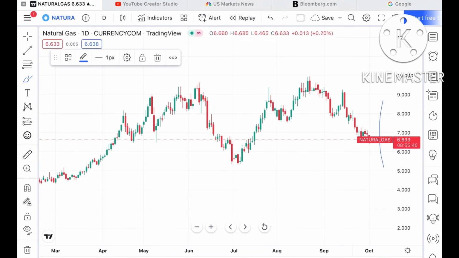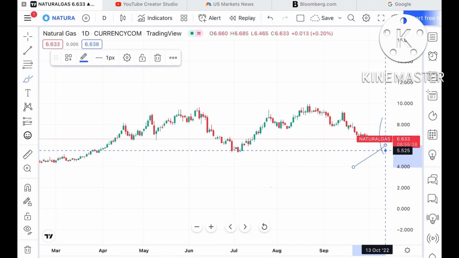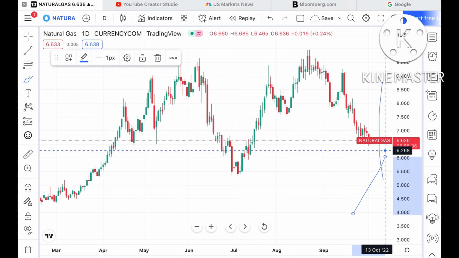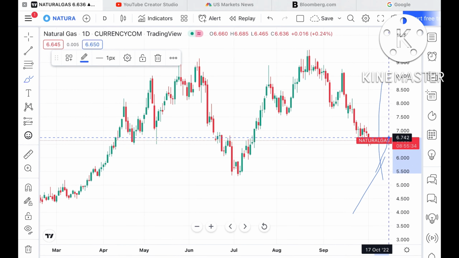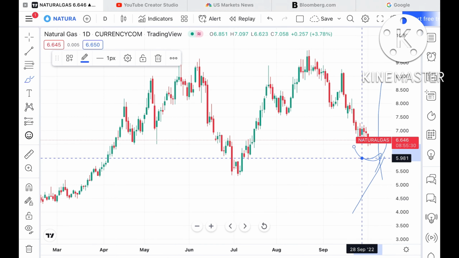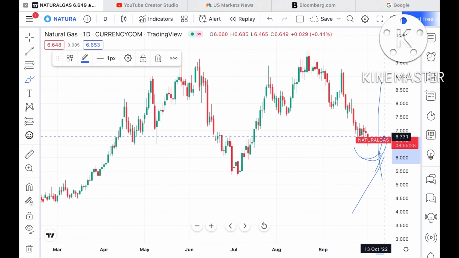Now look at the chart. Suppose this level sustains, then it can go further upside. First I'll explain the upside. If it forms a swing at this particular level, we can see it go further upside towards a level of